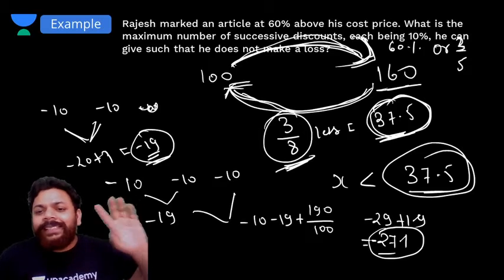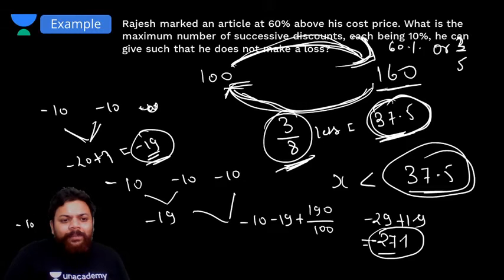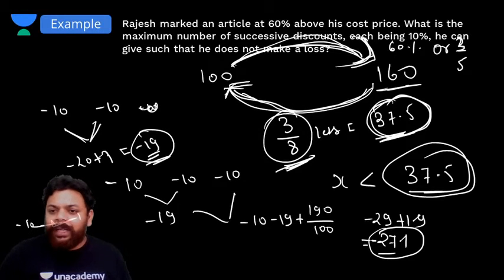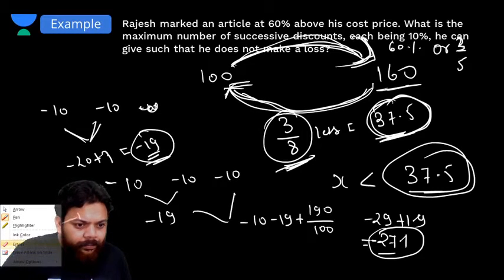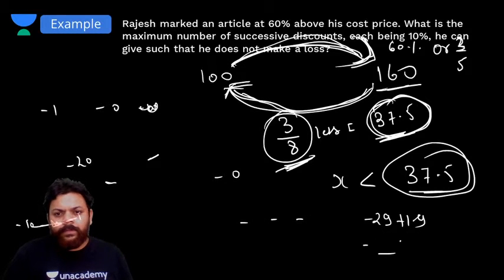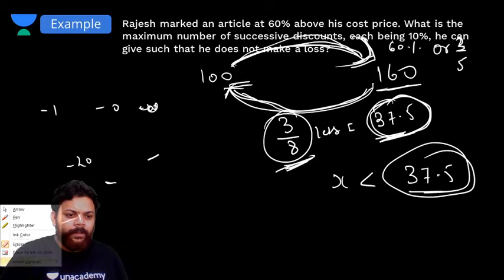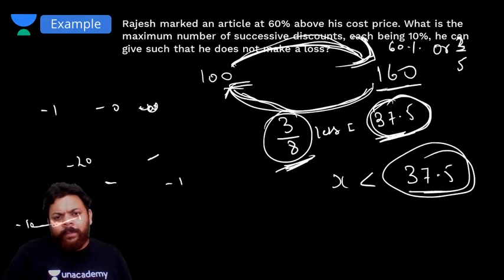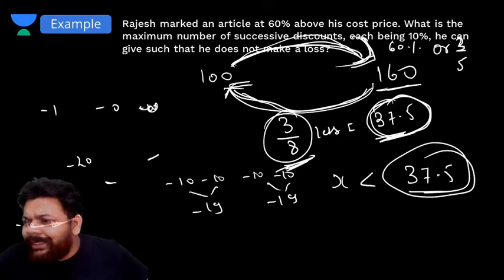That means एक और गुंजाइश है अभी तक. If I check this one like -10, सॉरी यहाँ पे नहीं दिखेगा, let me erase something. -10, -10, -10 and -10. This is going to be -19. This is going to be -19.